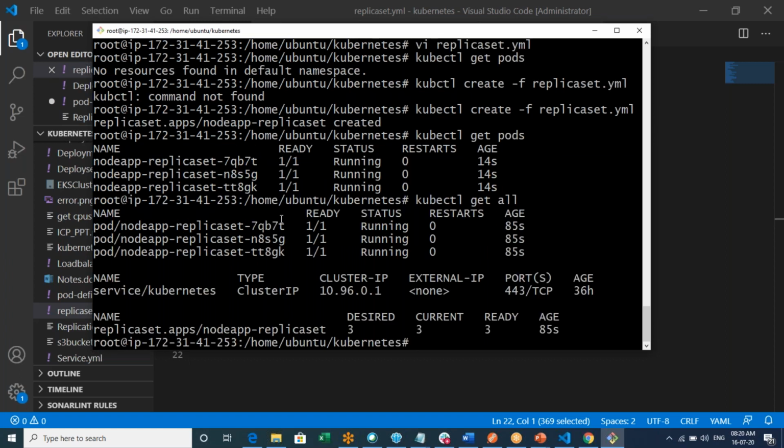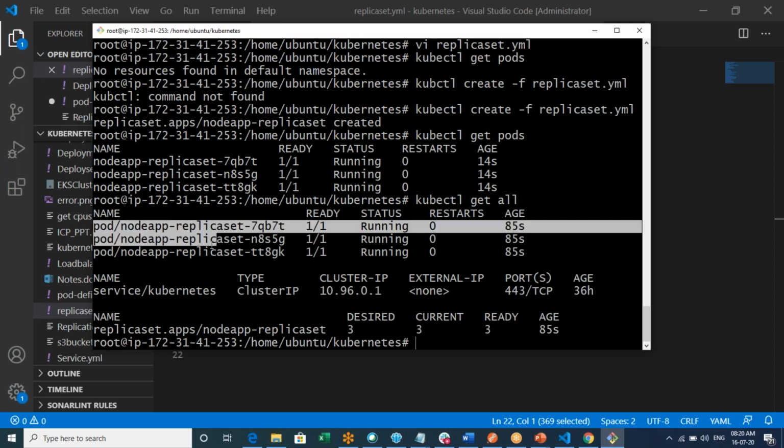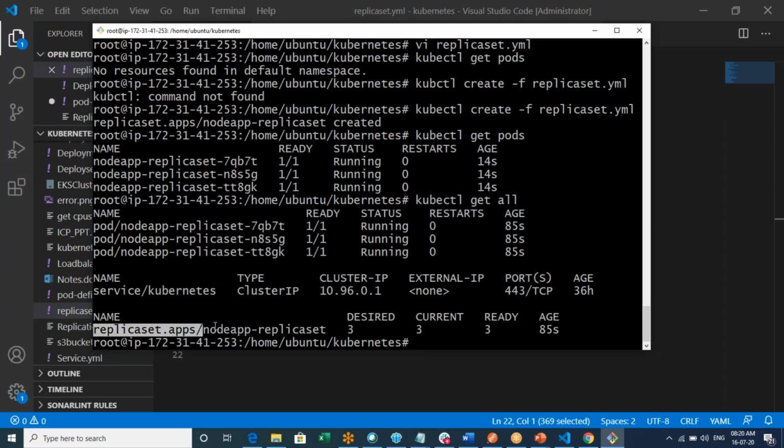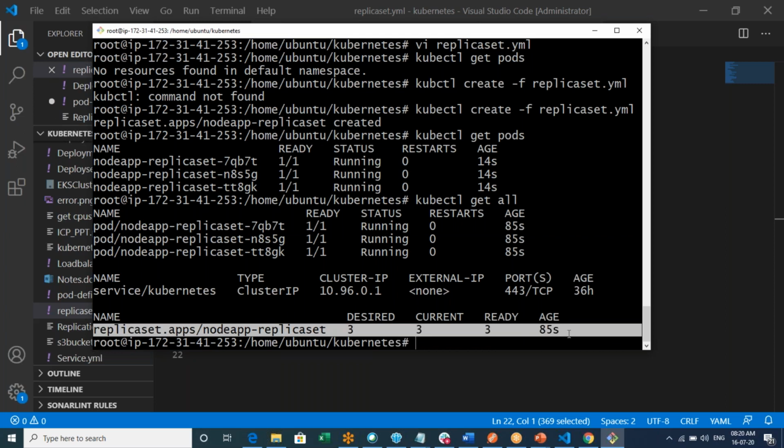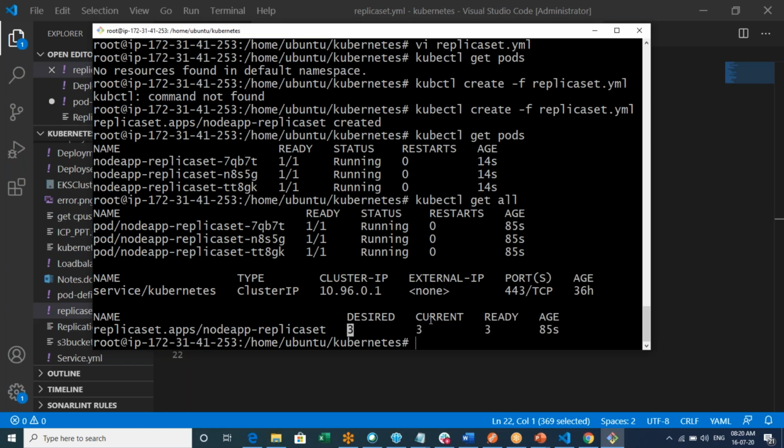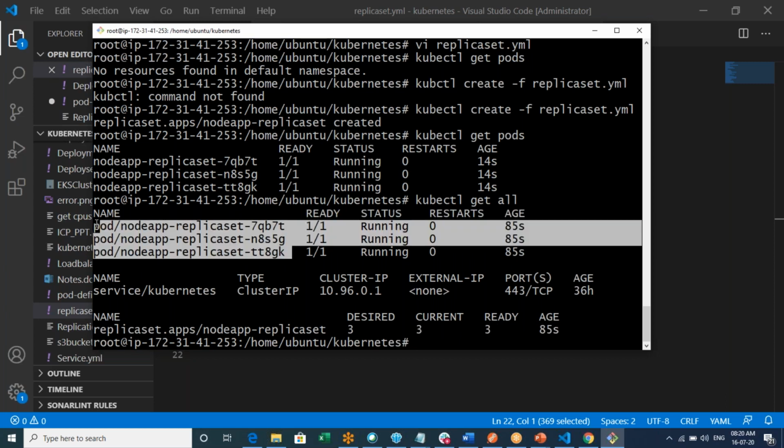Now you could see these are all pods. This is a replica set. You have 3 desired, 3 current, and 3 are ready. And you have 3 pods as of now.